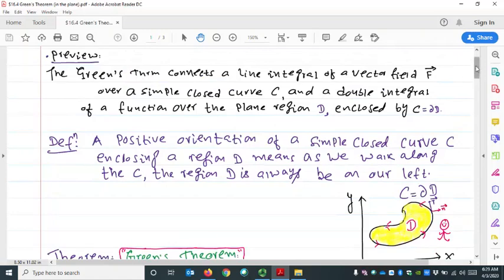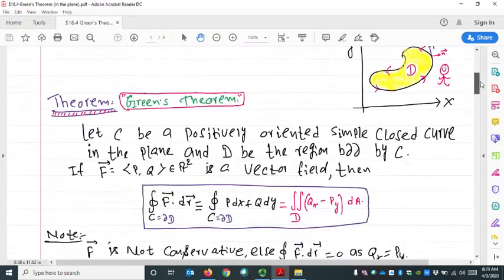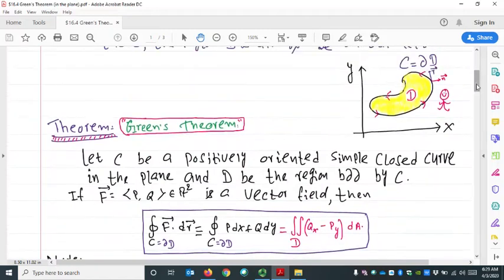Okay, great. Next, let me state Green's theorem. Let me scroll down. Green's theorem says, let C be a positively oriented simple closed curve in the plane and D be the region bounded by C. If vector field F with components P, Q is a vector field in R2, then the line integral of a vector field over the boundary, which is the same as P dx plus Q dy over the boundary C,